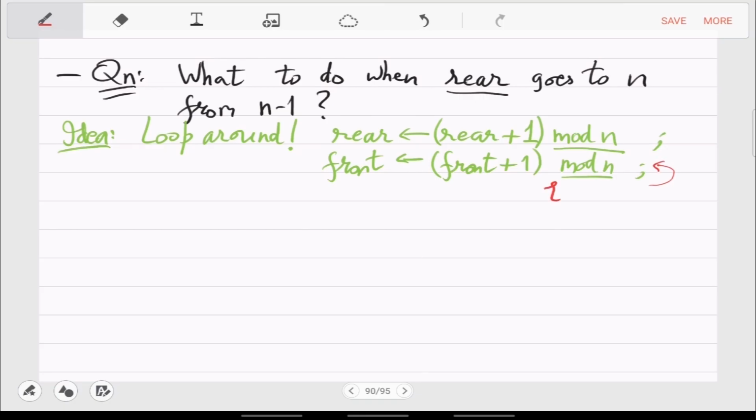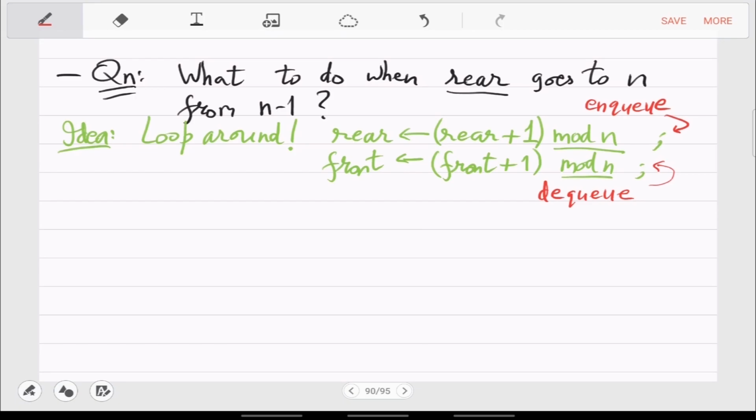So this is the enqueue, and this is the dequeue. Any questions here?